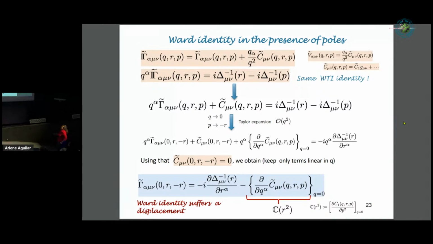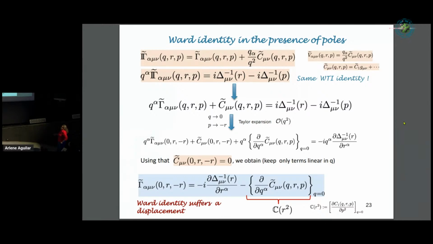So when I contract with q, the right-hand side of the equation is going to be equal to the difference of the two propagators. Then I do a Taylor expansion to see what happens in the limit of q going to 0. That is the limit that I'm interested in, the limit of zero momentum,